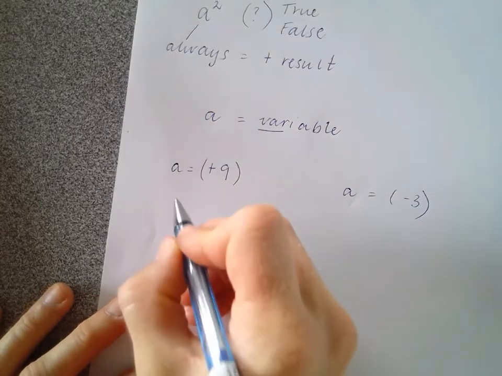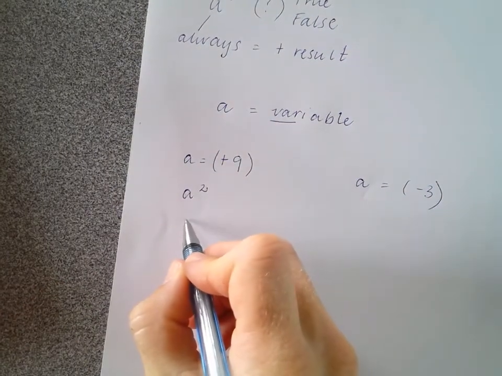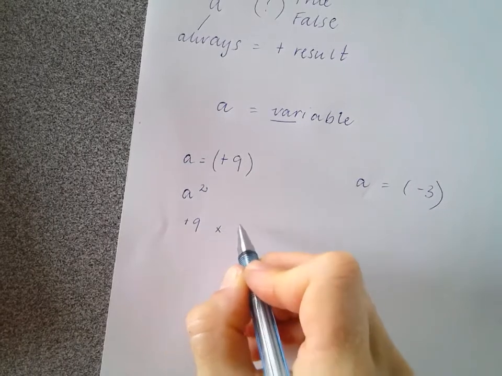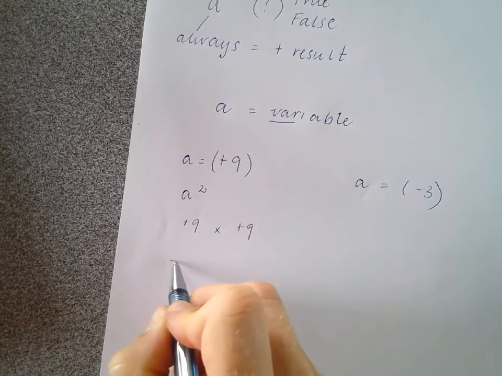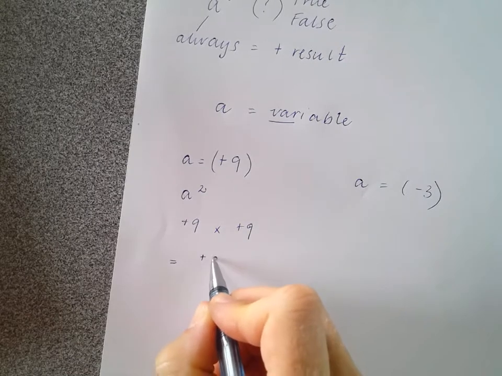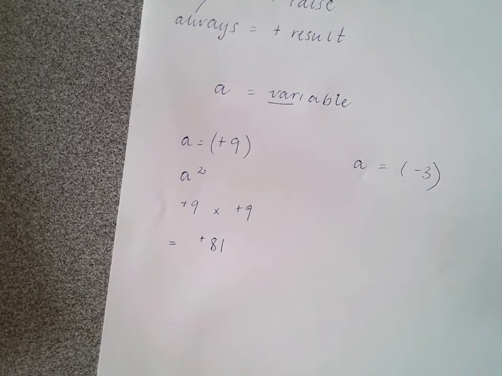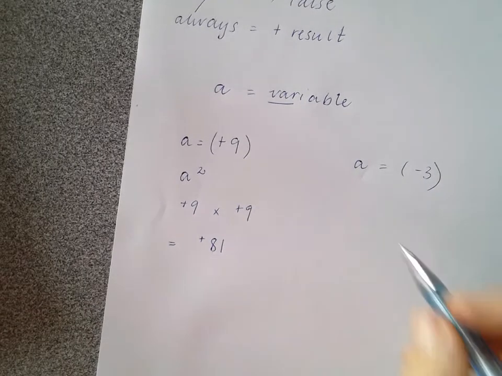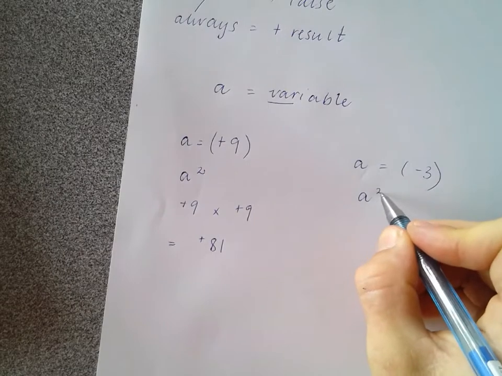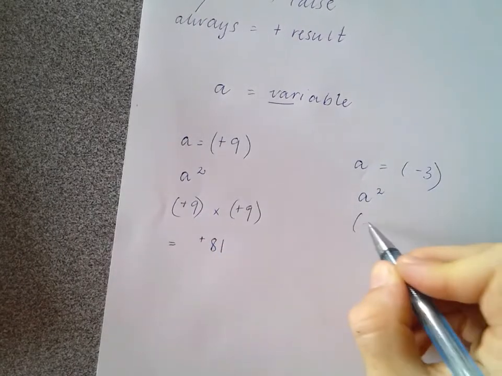So we go back to our idea of A squared. So positive 9 times positive 9. Remembering that two same signs gives us a positive answer, but it's common sense that positive 9 times positive 9 gives us positive 81. If we use A squared over here and we square our negative number,